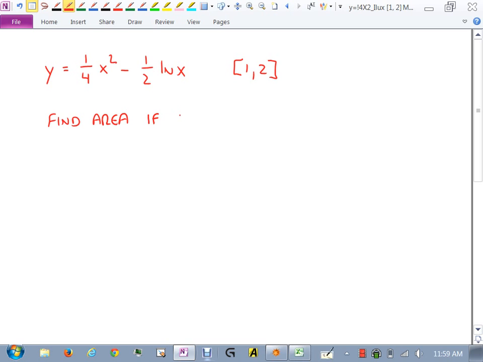How about we take y is equal to 1/4 x squared minus 1/2 natural log x. Let's look at the interval 1, 2. Let's find the area. That'll be implied here. Find the area if rotated about,